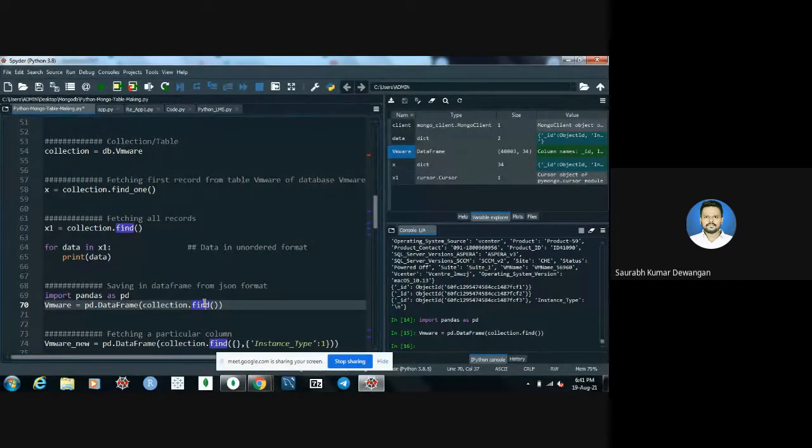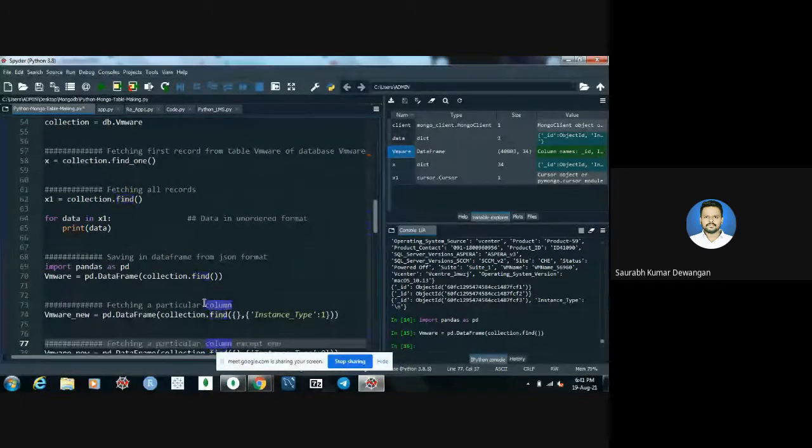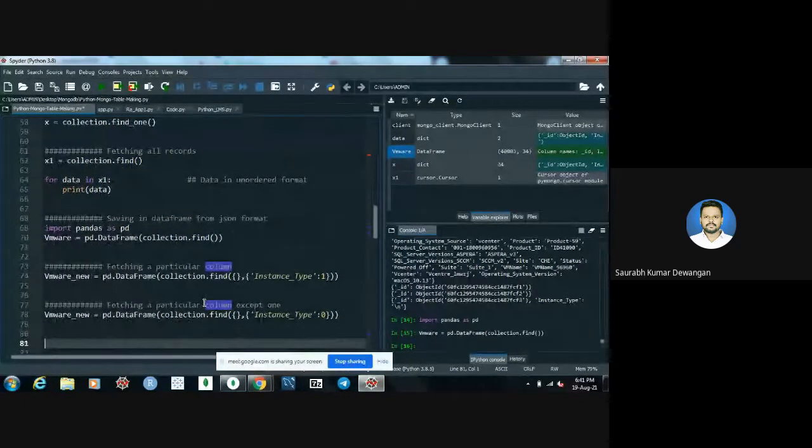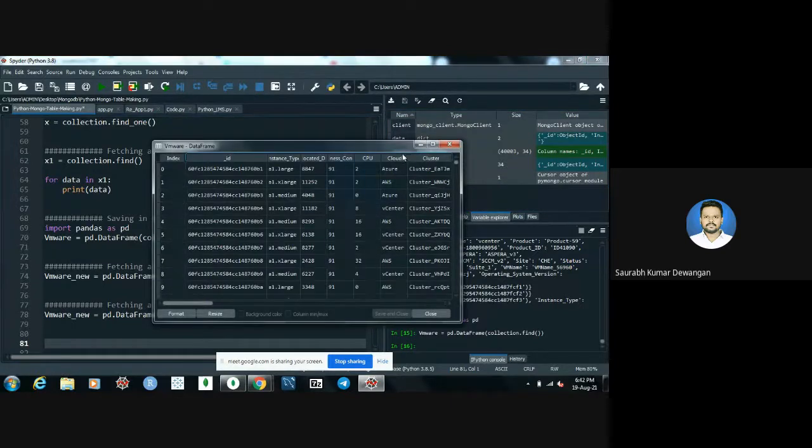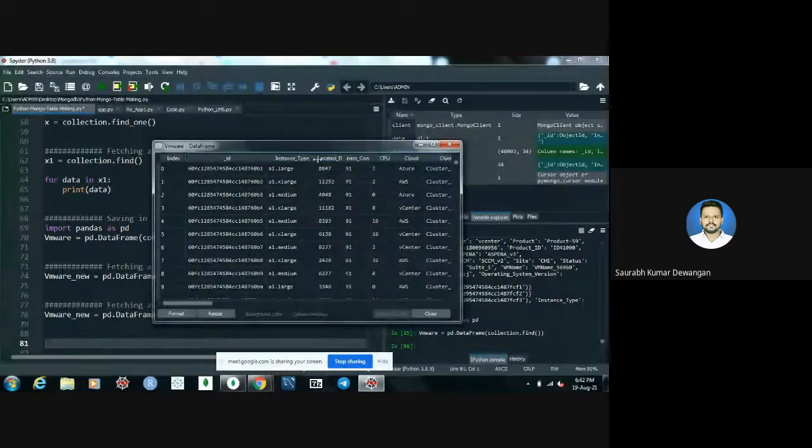Now next, what if we want to fetch only a particular column from the table VMware? Let me show you the VMware table. Here you can see instance type is a column, or feature, you can say.